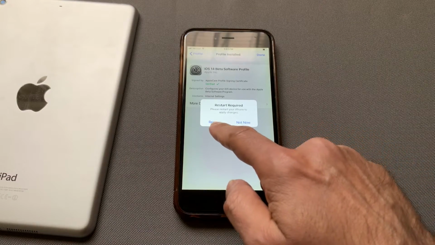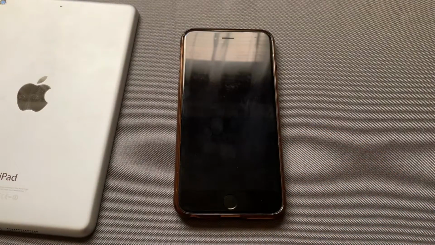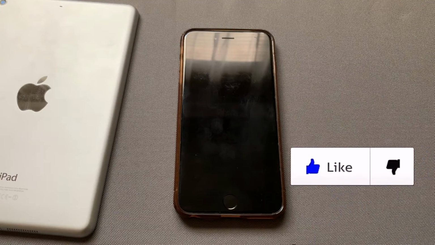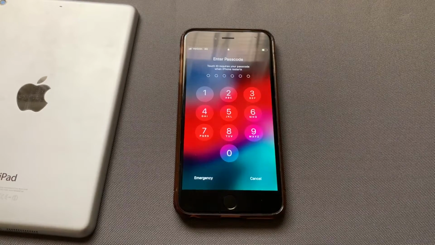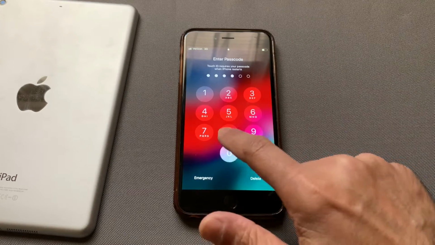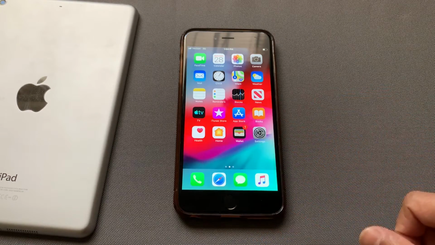Then it'll say that it requires you to restart your device in order to download the software. Then it will start coming back on, and we'll wait for that, and it will go ahead and start downloading. It will take a little bit to come back on, and then it'll come to this screen, and you just enter your password. And once you have entered your password, go back to settings,